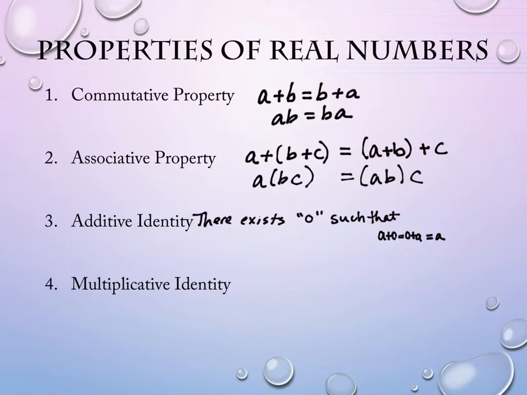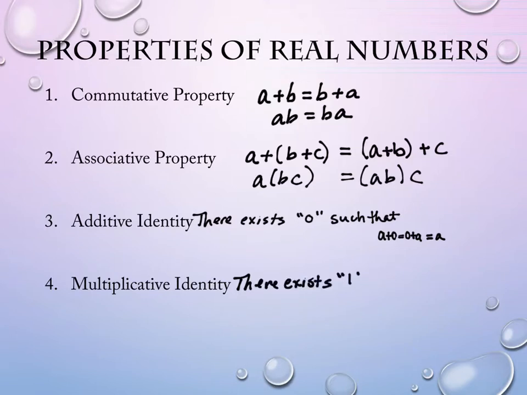Again, that's very specific for addition. It's an additive identity. It doesn't work for subtraction, right? A minus 0 is a, but 0 minus a is not. Okay? There's also a multiplicative identity, and it says quite similarly, there exists